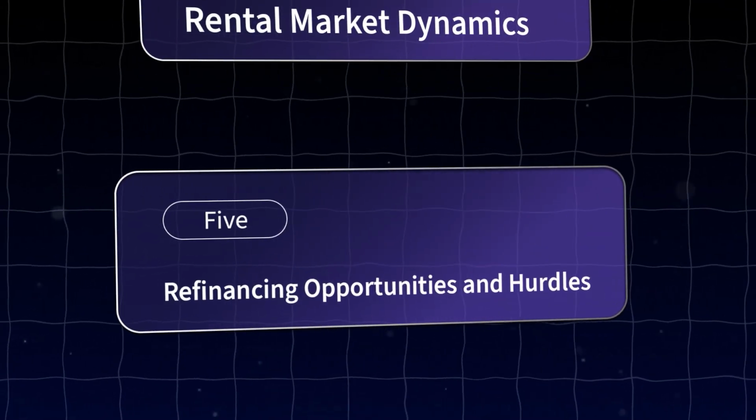Five is refinancing opportunities and hurdles. So property owners can decrease their debt servicing costs by refinancing when interest rates drop. If they have a prepayment penalty, the interest rate savings and the prepayment penalty must be considered first before refinancing. If interest rates increase, property owners who do not need to refinance will most likely avoid doing so. However, certain investors with loan terms ending during a high interest rate environment will now be forced to refinance and pay that higher interest rate, pay off the loan with their own funds, or sell the property.